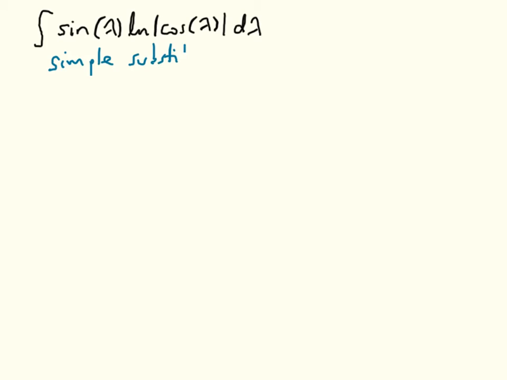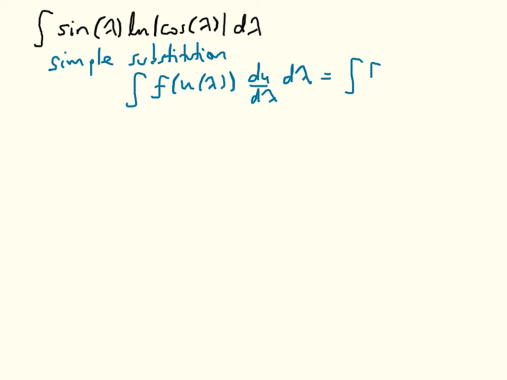And the formula that we are trying to recall is that if you have got some function of u of lambda, and this is multiplied by du d lambda, and then integrated with respect to lambda, you can calculate this just by taking your function f of u, integrating with respect to u, and at the end replacing u by u of lambda. So this integral falls into this format because here we have a logarithm, that's f, of the